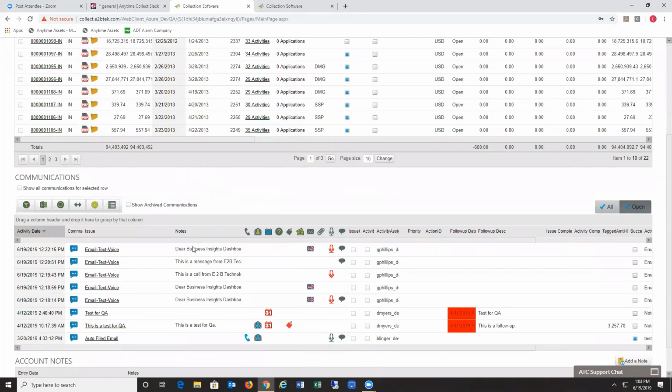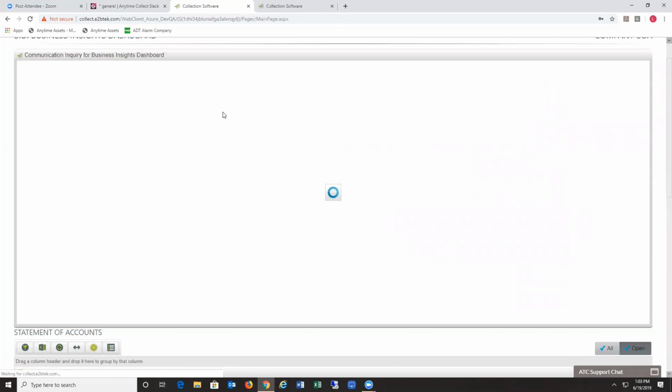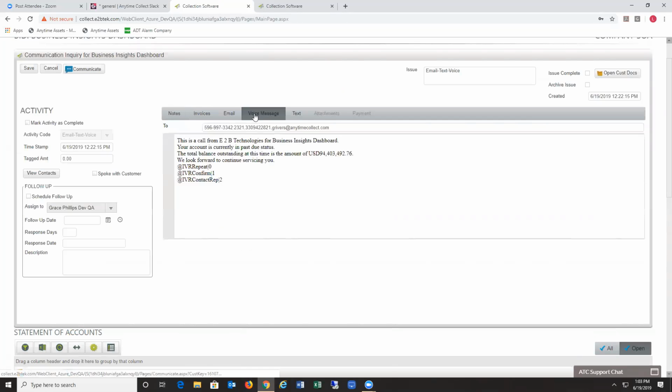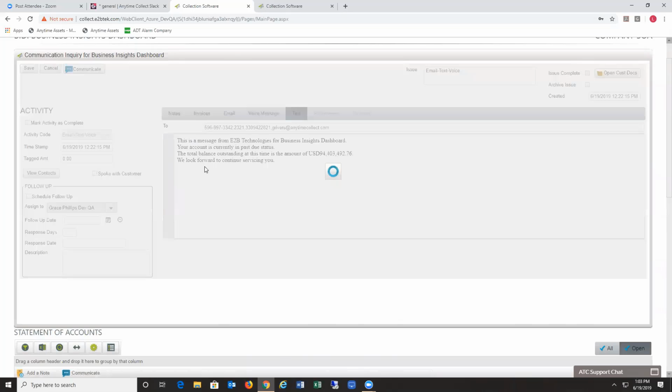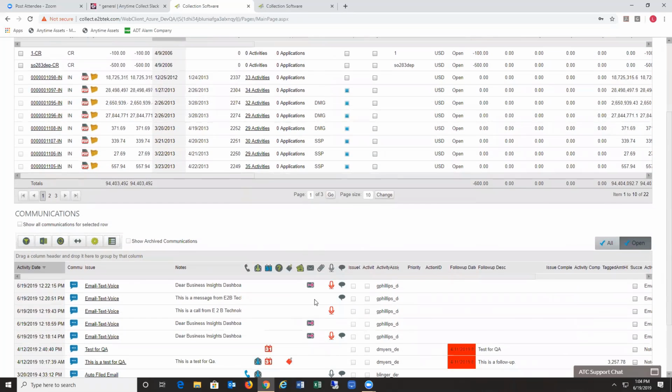I'm just going to go through a couple of options that I had previously set up for this call. The first one that you see here is doing all 3 options in this communication. And again, you have the email, the outgoing voice message, and the text. Now you can do all 3 in one communication, or you can do separate communications, or separate activities. You have new icons to indicate what type of activity this is. So we've got new filtering capabilities based on the voice or the text option, and the email icon has always